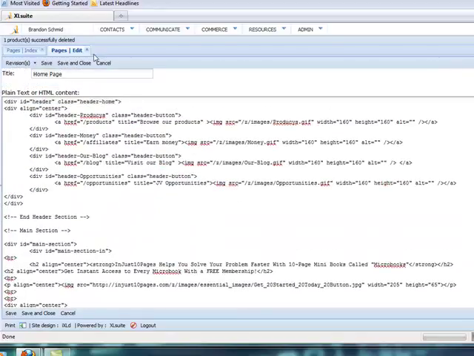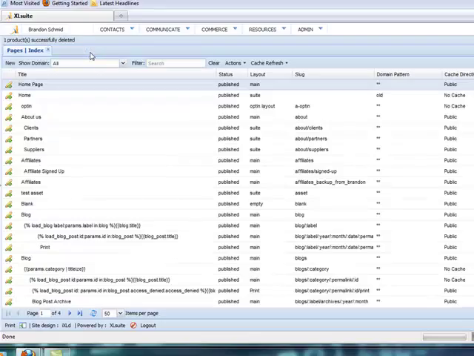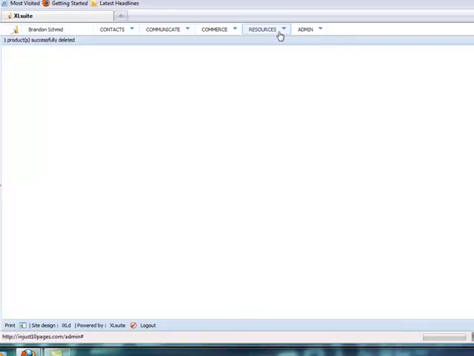So again, I don't necessarily recommend changing snippets and layouts unless you have a good understanding of HTML or you know what you're doing. But if you want to make some basic changes to page layout, or change an image here, or move a file there, it's not too bad if you have a mild understanding of how to do it. So again, pretty much everything is under Resources, CMS, and then you pick whatever you want. And then from there, to edit pages, all you have to do is click on the edit icon on the far left, and then from there